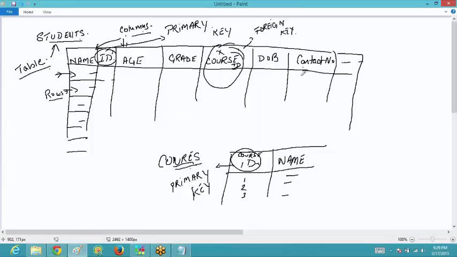If you don't want to give the contact number, or if suppose there is some alternate contact number and you don't want to give it, you can leave this. But in any of the cases, you cannot leave the columns or the rows of the primary keys blank.